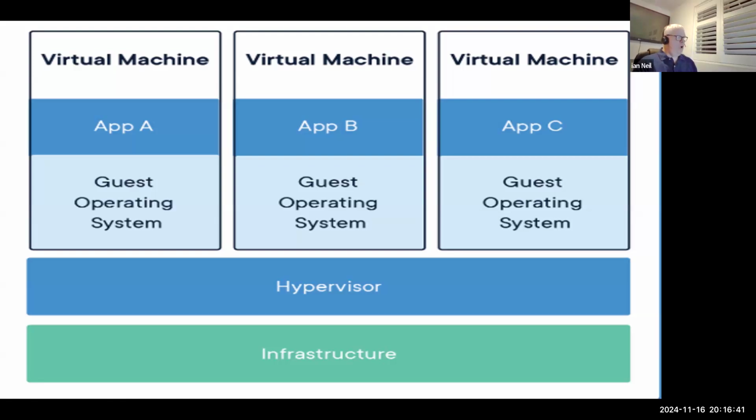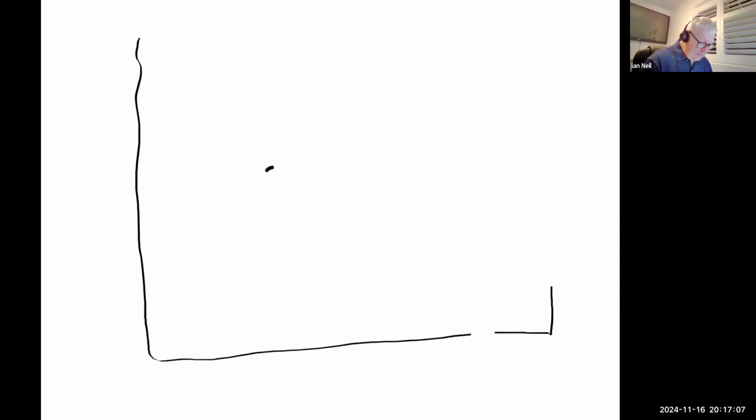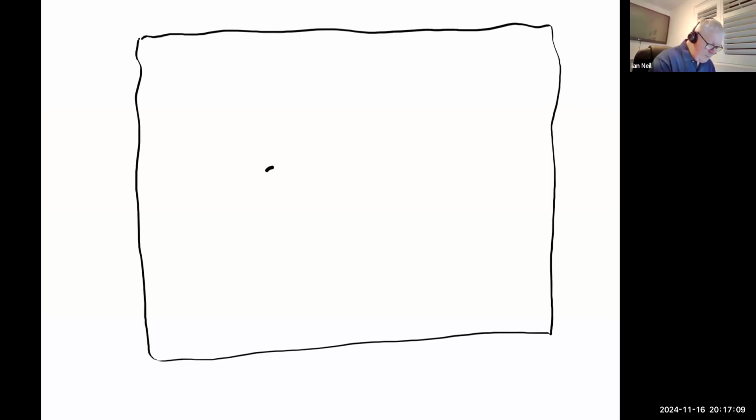So let me go onto my whiteboard, because virtualization is like a party. Here we go. What is the name of the person that holds a party? Host. So I'm bringing up my host.